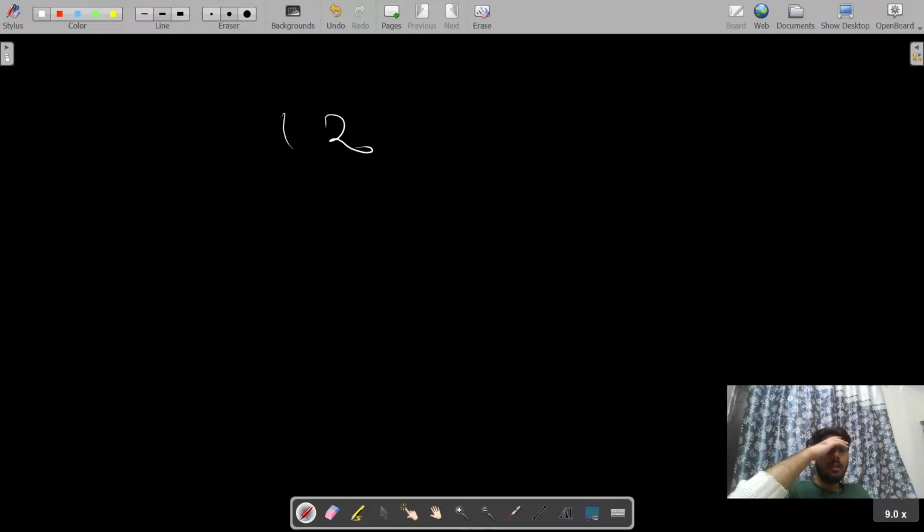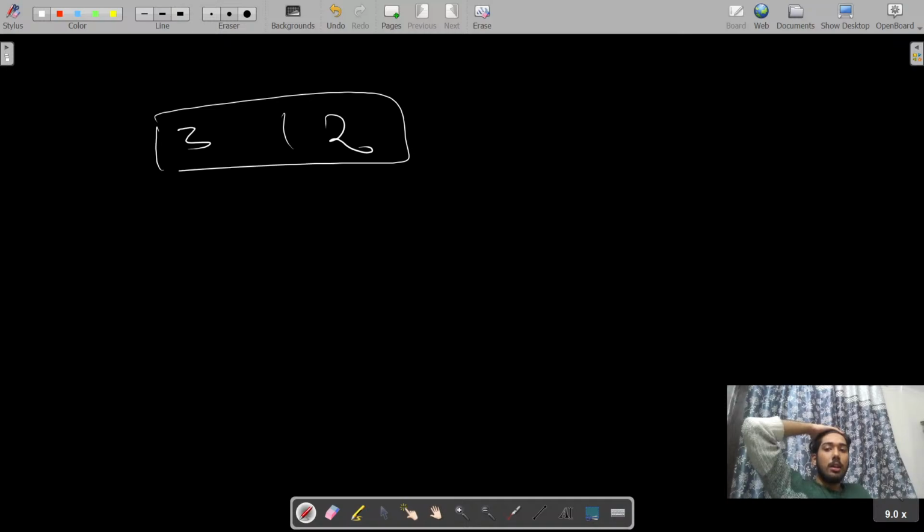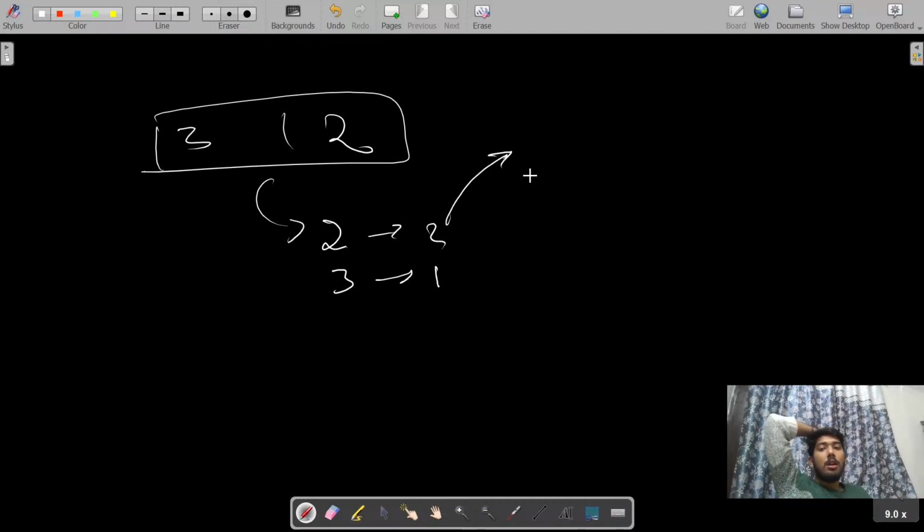Let's say I want to create 12 and I have 3, right? So in case of 12, I need 2 times 2, I need 3 one time, right? So basically, how many ways are there to put the efficient number of 2s here? So there are basically